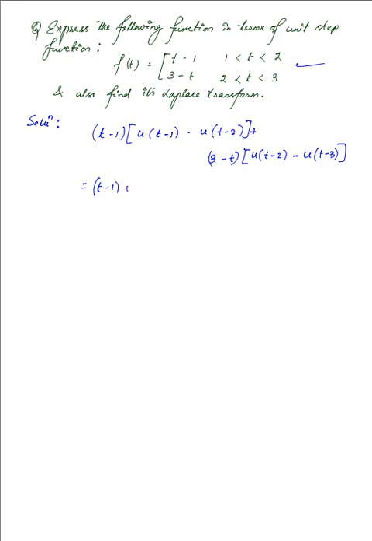So we open that up, with the distributive multiplication that we will be doing here. So t minus 1 times u of t minus 1, minus t minus 1 times u of t minus 2, and then plus 3 minus t times u of t minus 2, finally minus 3 minus t times u of t minus 3. With all of that, in the next line we have t minus 1 u of t minus 1,